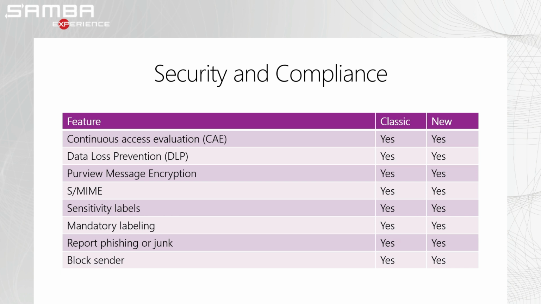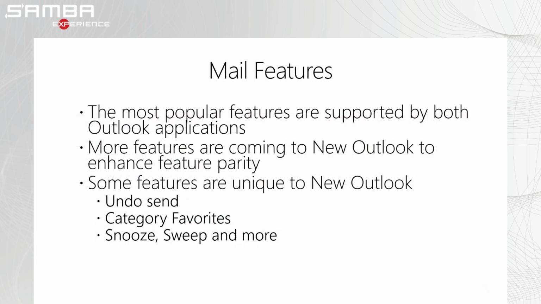Data loss prevention monitors what's being sent. There is message encryption in different forms, sensitivity labels for enterprise use, and of course, phishing and junk filtering is supported as well. Mail features. Most features are supported by both applications. There is significant feature parity and